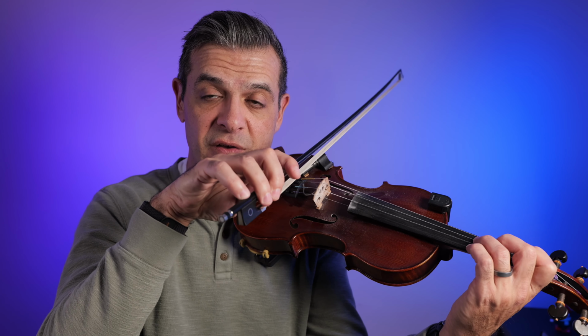But you have to think about how you're holding the bow, but also how you're bowing. So if you are raising your shoulder too much, you might be crashing into the string a lot when you're playing. Another thing that might be wrong is that your elbow is too low and you're having to press into the string this way to get a sound, and you can tell it looks weird, and you're pressing with this finger. So this shoulder might be too high and you're pressing into the string that way, or your elbow's too low and your shoulder's too low and you're pressing here. So if the tension is here,